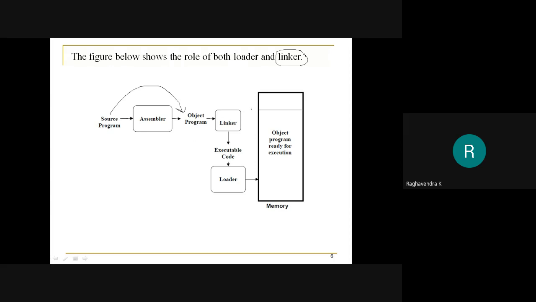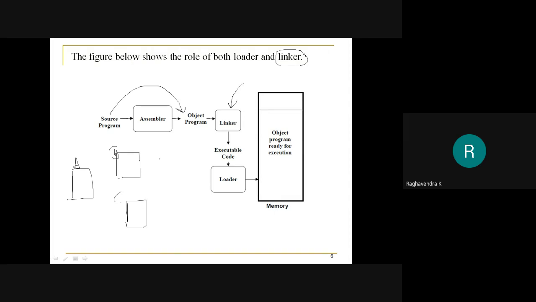In that case, we have an additional program, which is also part of the loader, to perform the linking. For example, if we have program A and that program A requires program B and program C,